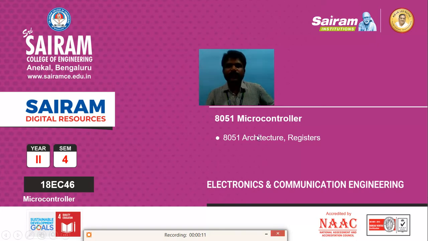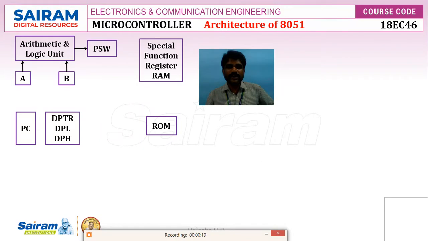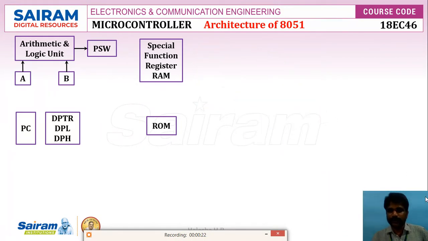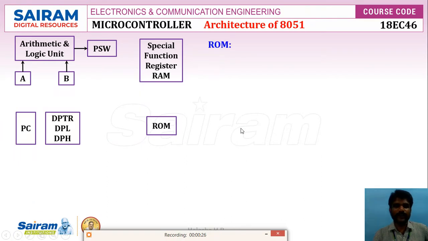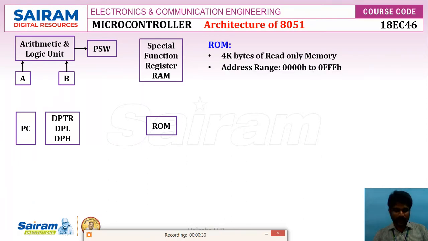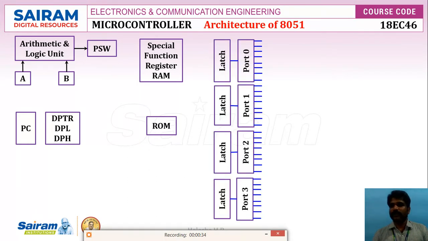In continuation of the previous video on 8051 architecture, in this video I'm going to explain about the built-in RAM. So what is the built-in RAM present in 8051? It has 4 kilobytes of read-only memory, and the address range is 40H to 0FFH. Apart from that, as I said,